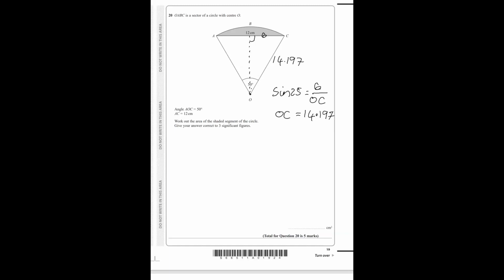So if we work out the sector area first, which is basically the area of a circle times by the angle we're interested in. So it's 50 over 360, 50 is the angle, times by pi, times by the radius squared, which gives us